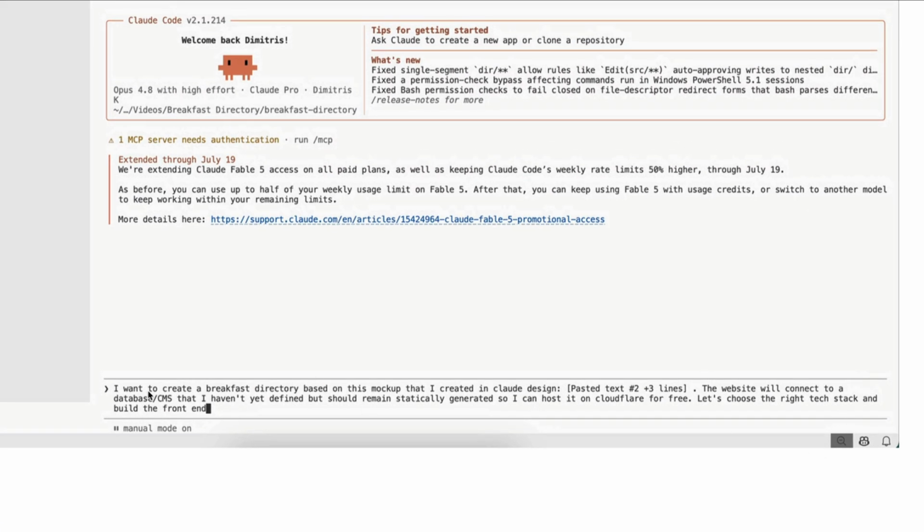The website will connect to a database CMS that I haven't yet defined, but should remain statically generated, so I can host it on Cloudflare for free. Let's choose the right tech stack and build the front end. Now, this prompt is actually quite important because this defines the